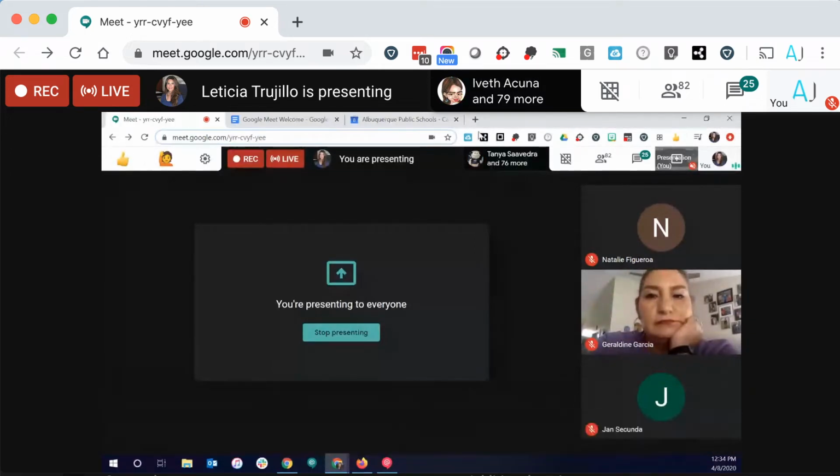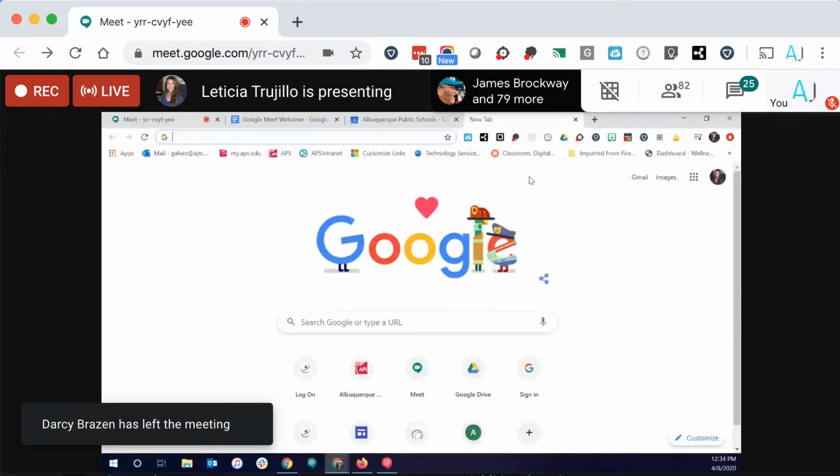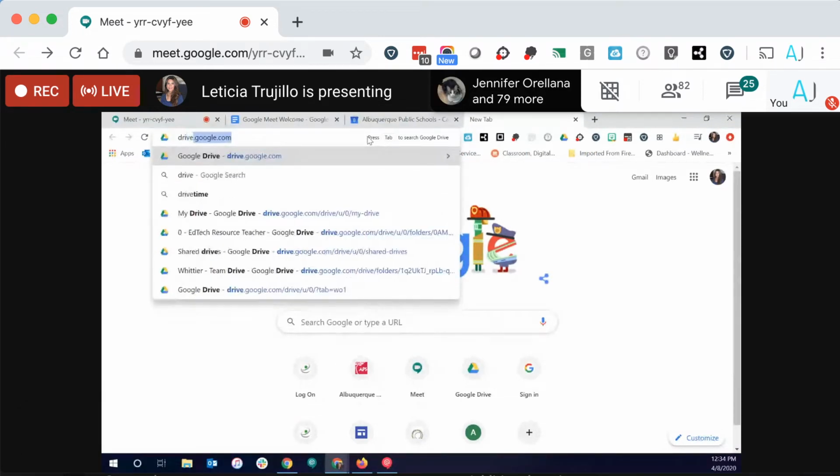Okay, so I'm going to go ahead, and I'm screen sharing right now. I'm going to open a new tab to show you how to go into a Google Meet. So you can simply type in, you can go to your Drive. If you go to drive.google.com,